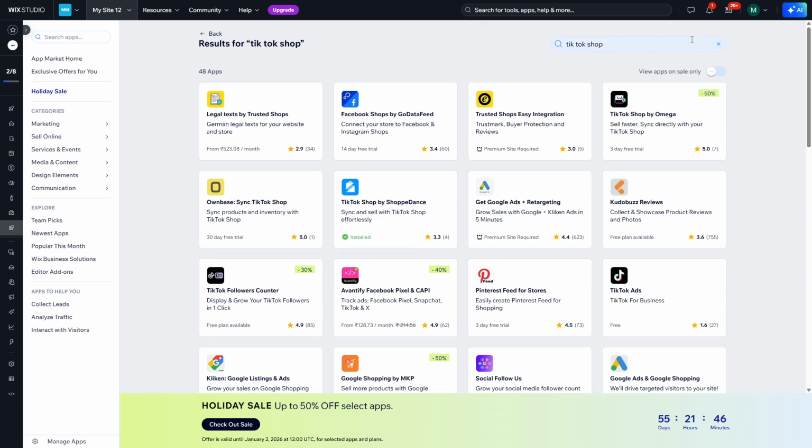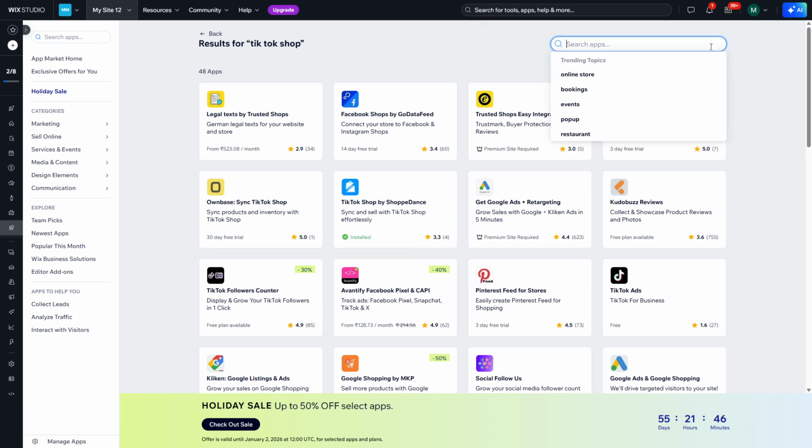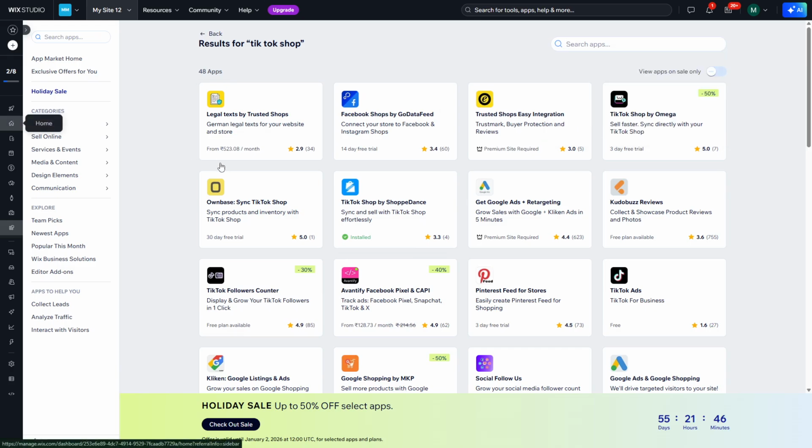In this step-by-step tutorial, I will teach you how to connect your Wix store with TikTok Shop. This process is simple and hassle-free. We will start from your Wix dashboard, and as your first task, you will need to navigate your way to